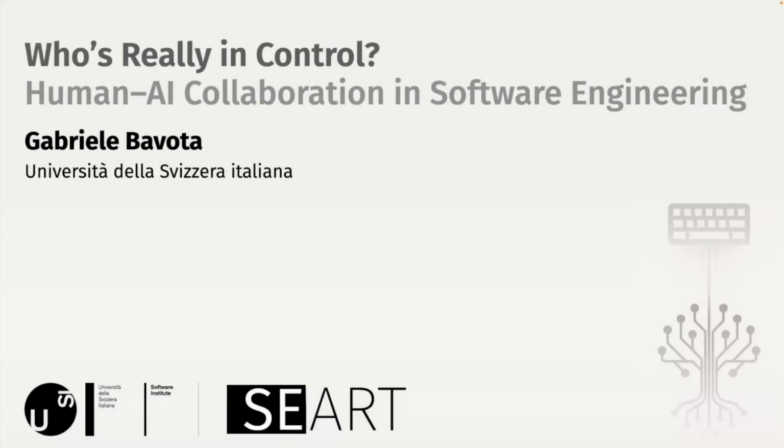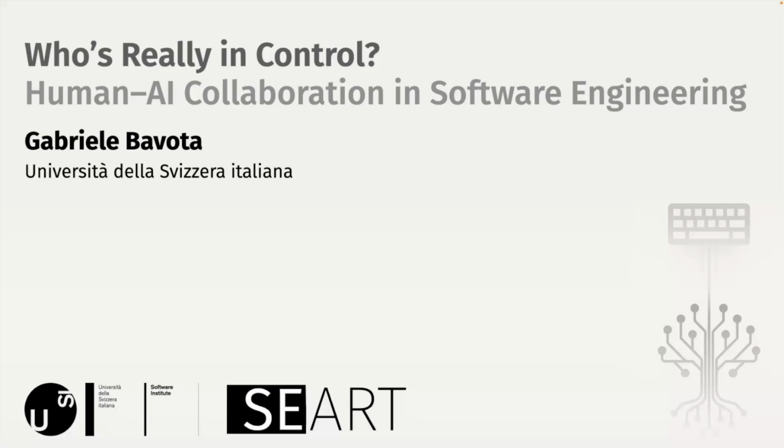So today we talk a little bit about how AI is used in software-related tasks. I will present the results of 2 studies, 2 controlled experiments that we ran. I will spend more time on the second because the first has already been presented in some talks here at USI, and it is published, so you can read more in the paper if you're interested. The second is under review, so it's something new, and I will spend more time on that.